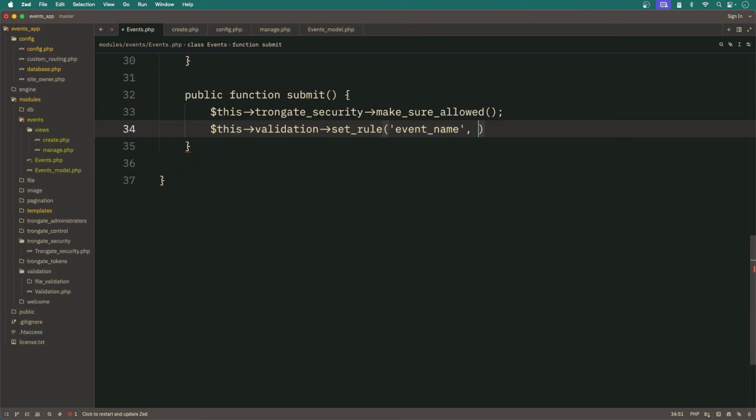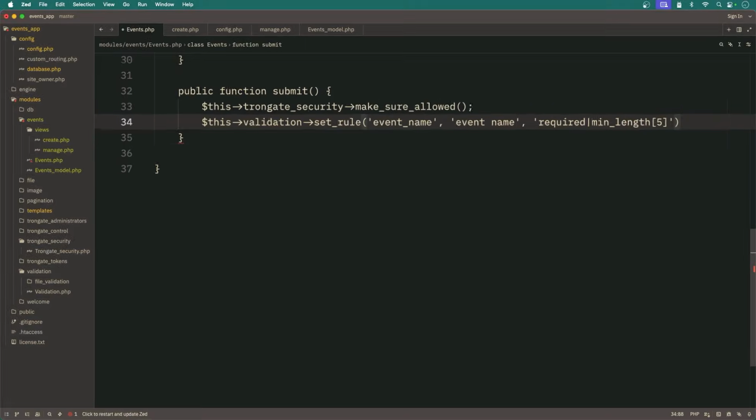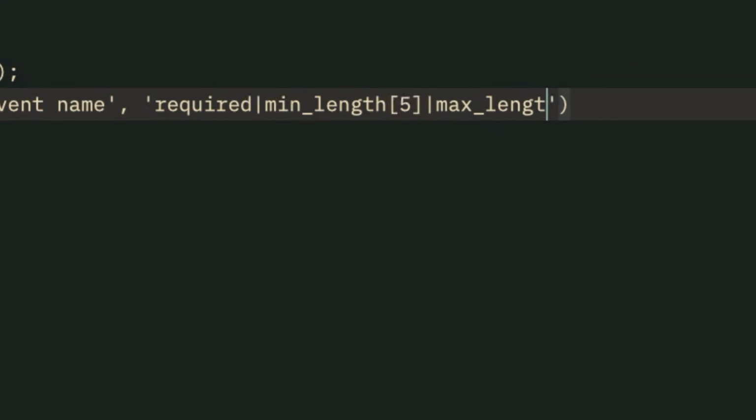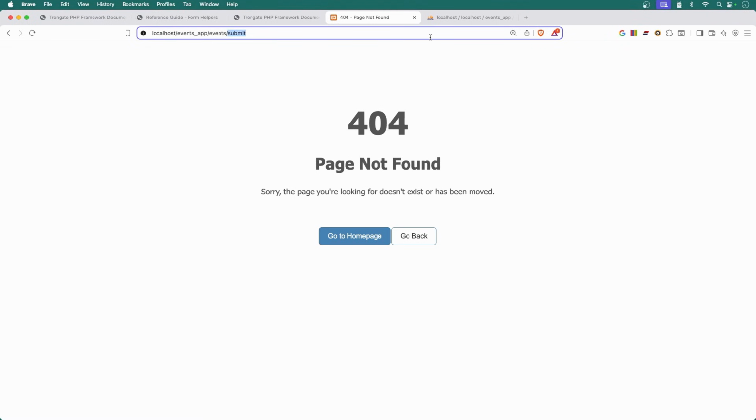Now, event name has a label of event name as two words. I'm going to say it's required, and I'm going to just say min length of maybe 5, and I'm using these pipe symbols to separate each of the rules. So we'll have max length maybe 95, something like that, okay? So validation again, so this validation set rule. Now, by the way,